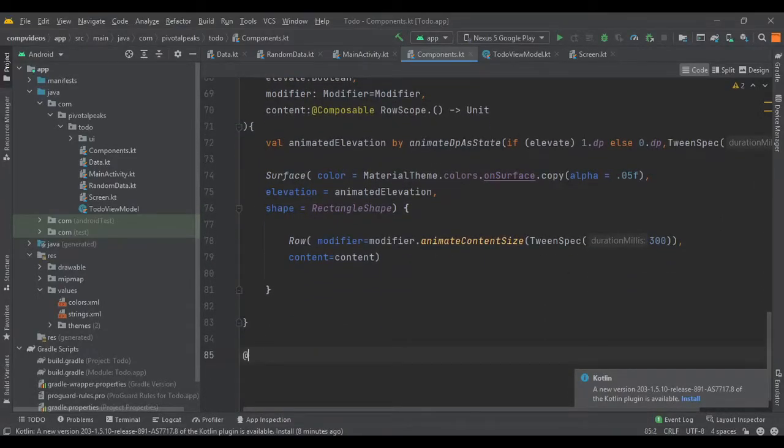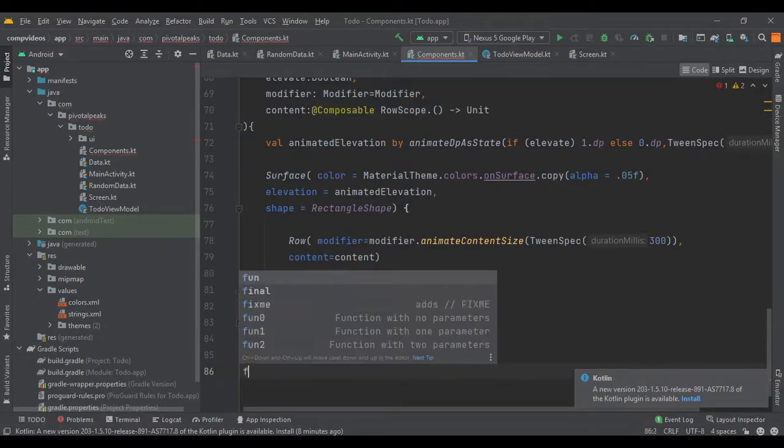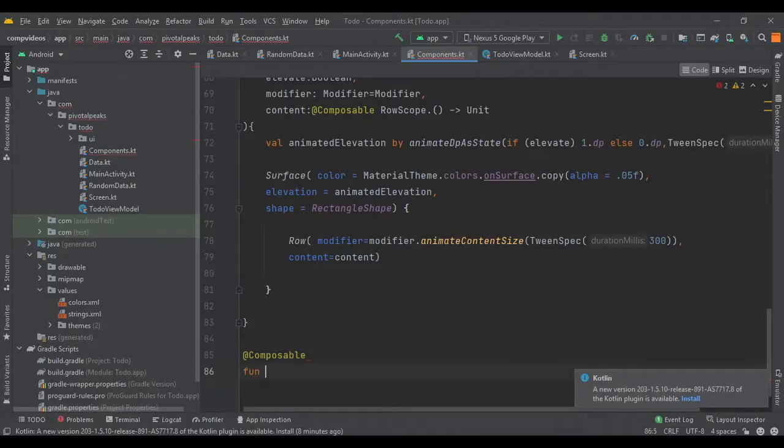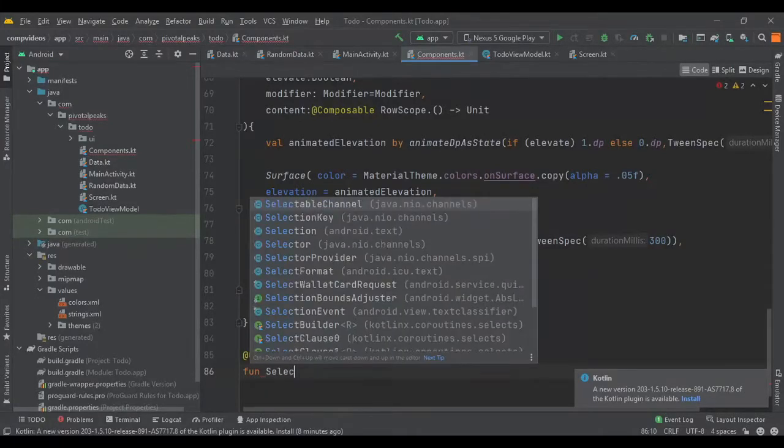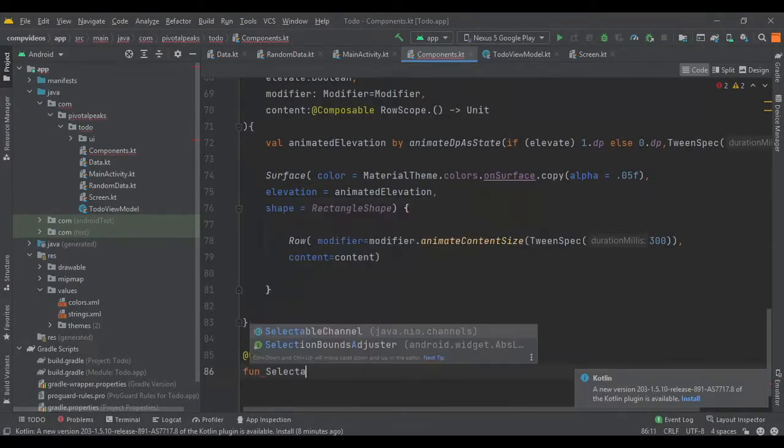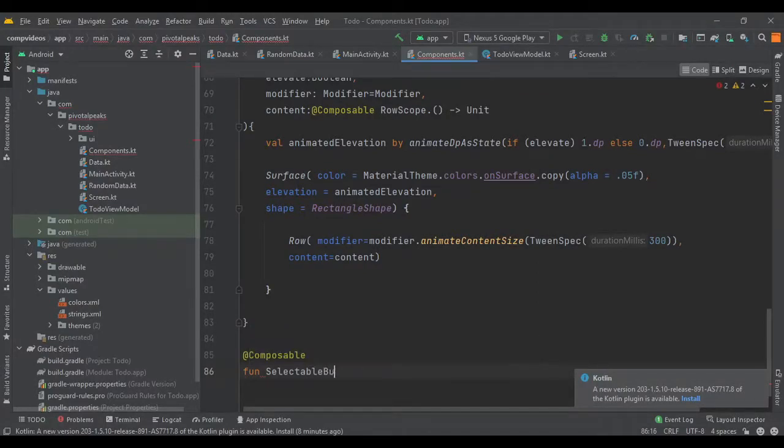So add a composable function, SelectableButton, and we need some parameters for our button.